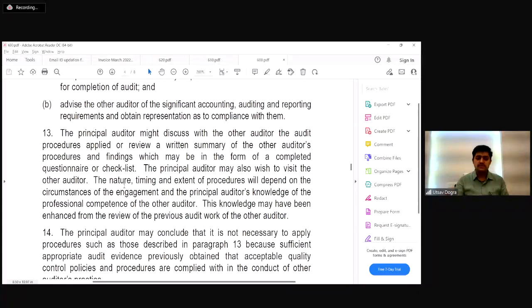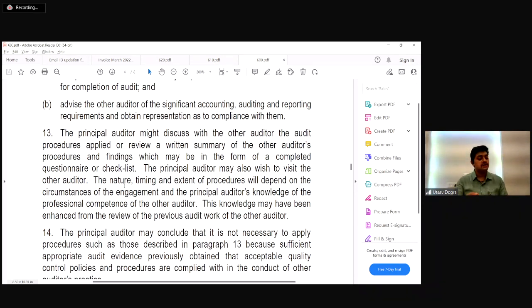So the principal auditor may discuss with the other auditor the audit procedure that has been applied and review the written summary. I have already explained this: he can review the summaries, but he cannot obtain their working papers. The working papers shall be with the other auditor itself. So he can see what the written summary is, how the other auditor has placed his reliance upon various facts, how he has checked, what the checklist of the other auditor was, and what his findings were,